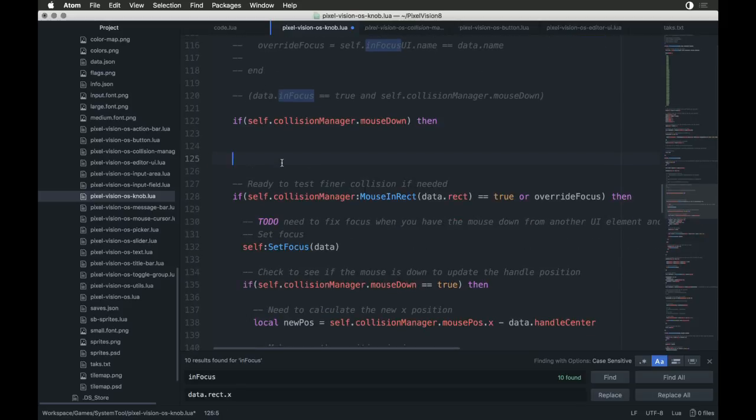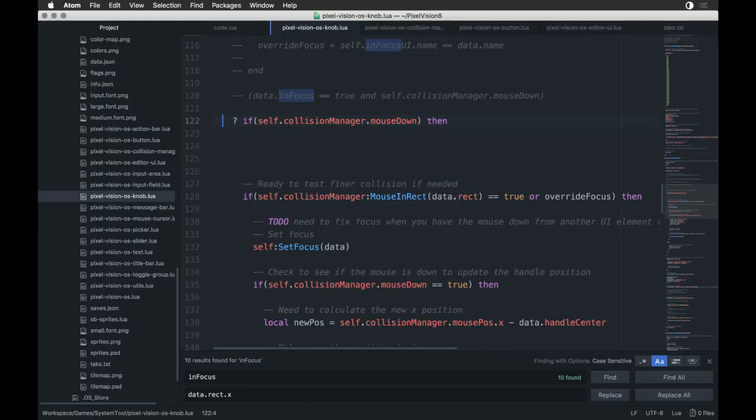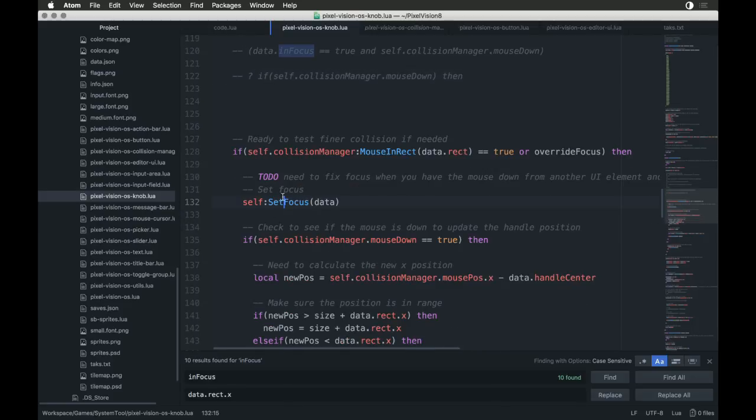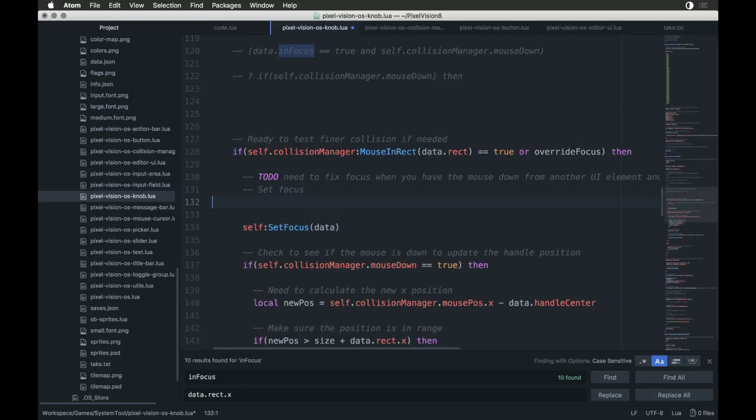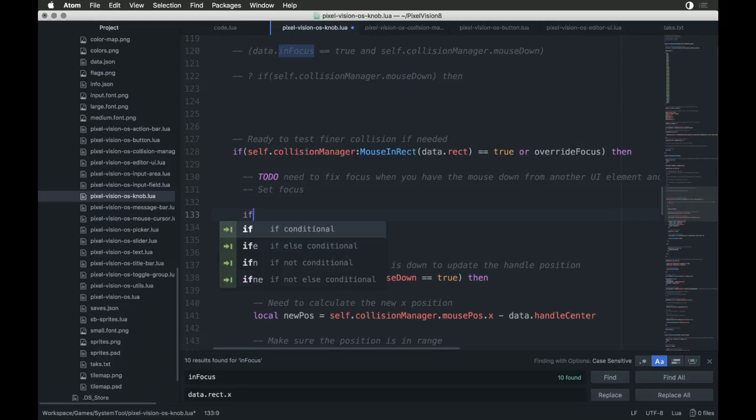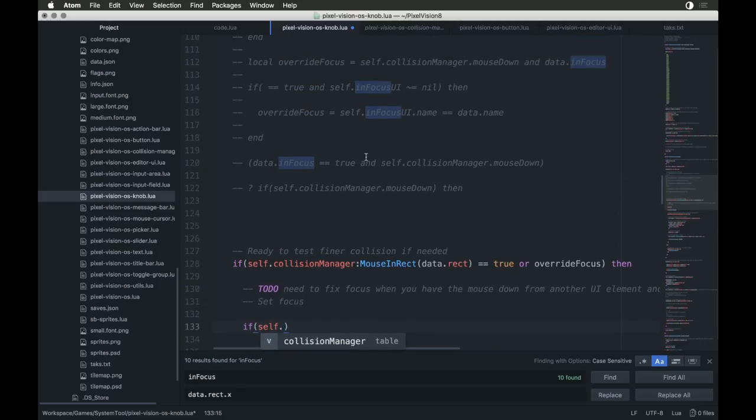The other thing we could do is before we even set the focus, let me try one other thing. Let me see if before what we're doing is we're basically overriding the set focus. I feel like if self dot